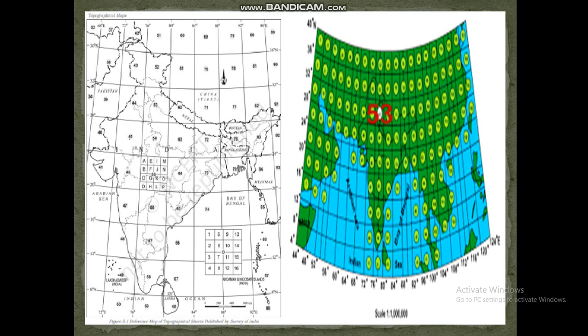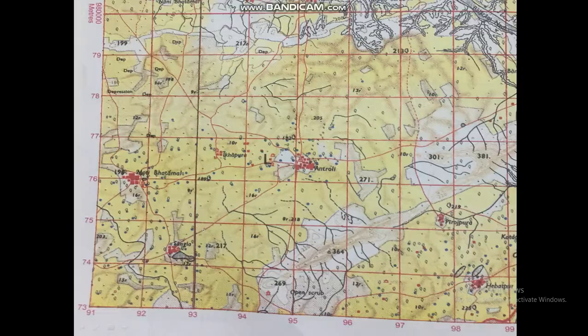Here you can find a number of boxes. These boxes are topo sheets, and to make it smaller, these topo sheets are further divided into smaller divisions from A to P, that is a total of 16. And further, for making it even smaller, those divisions are shown as 1 to 16. This is done to show more and more physical and man-made features on a single sheet. So this is how a topo sheet looks.